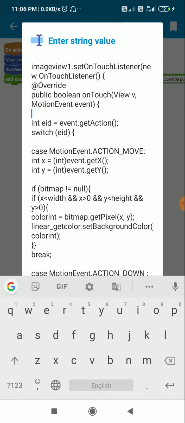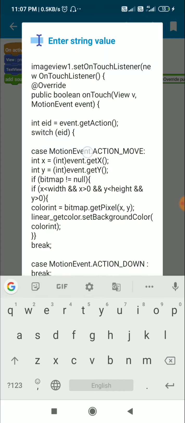So inside this I have int eid is equal to event.getAction. So we get the action from this motion event and then use it as a switch. Okay, and in this switch we have several cases.